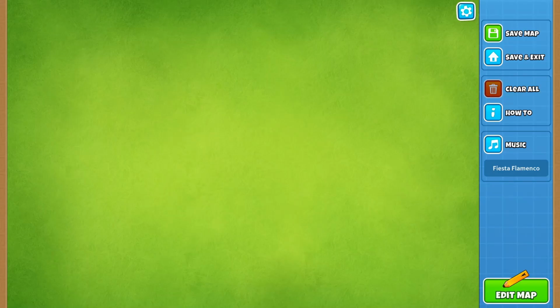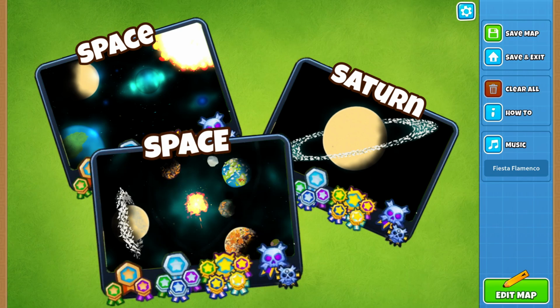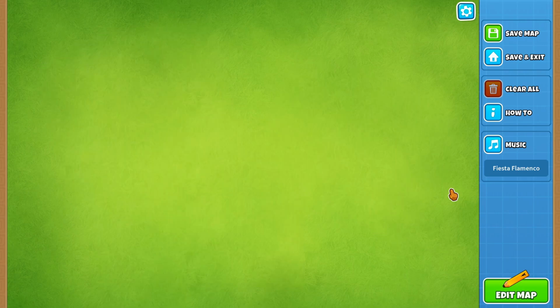In today's video, I'm going to be making the craziest map that I've made so far. In the BTD6 Map Editor, there are a lot of maps that have the subject of space, and I thought it'd be a really cool idea if I actually made my own space map. Now, for the space map, it's going to be kind of difficult, but I have a couple of ideas that